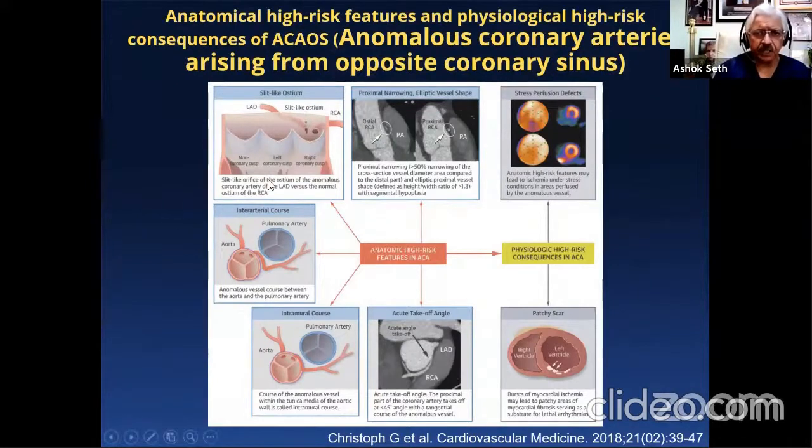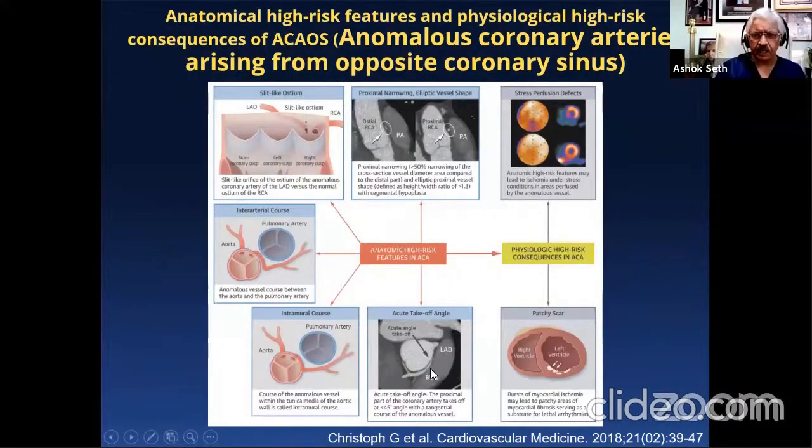That could be due to compression. There could also be an intramural course, as the coronary artery goes through the tissues of the aorta. That intramural course is a hyperplastic coronary artery with a thin vessel wall getting compressed regularly with the pulsations of the aorta itself. You also have the right coronary artery arising from the left side at a very acute angle,